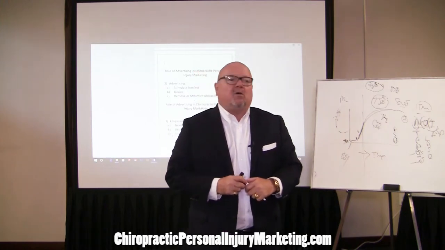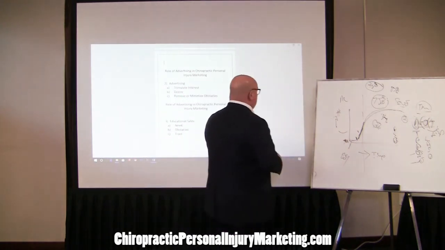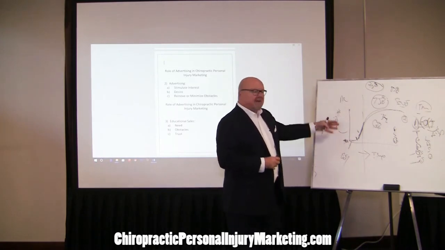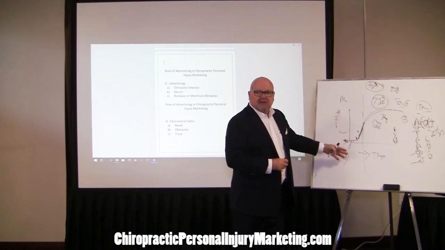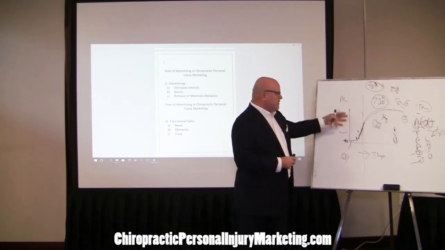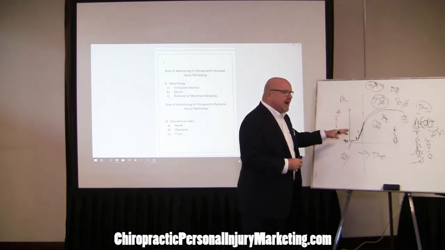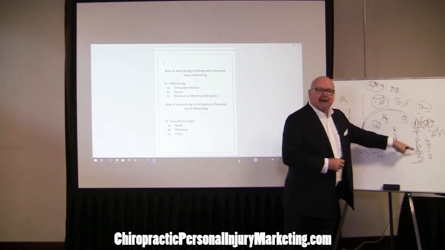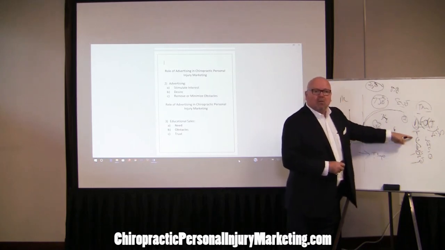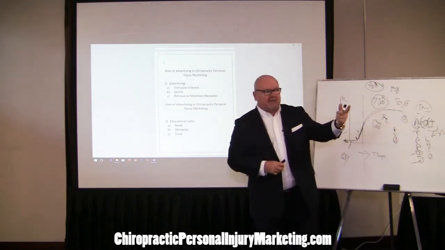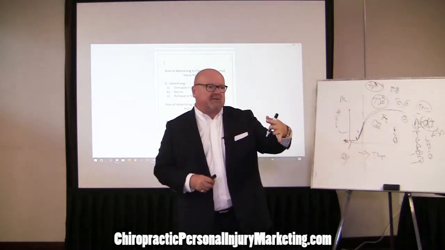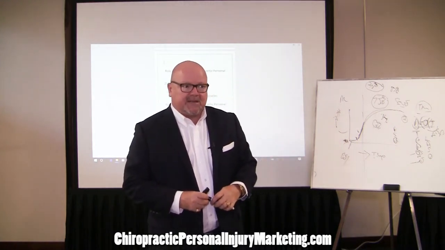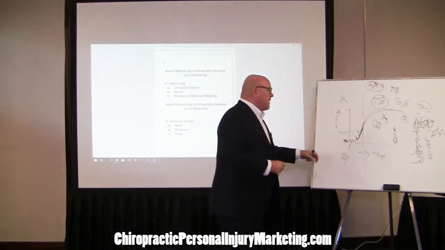Okay? Now, how does that relate to the S-curve right here? Well, this side has a perceived need. So can I use advertising over here if there's a perceived need? Yeah. There's a perceived need, so I can use advertising. And then the advertising is used to give the message that affects one of these 5 factors on why people determine why and where they're going to buy: trust, price, proximity, quality, or service. That's what the advertising will do. Does this make sense? Okay? So that's what happens with advertising.